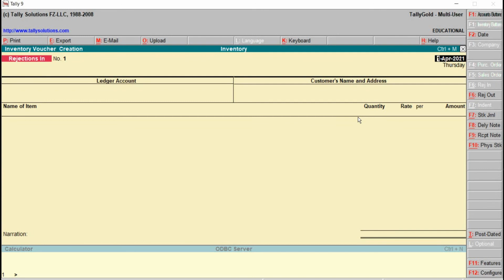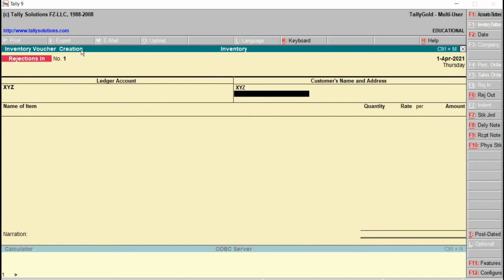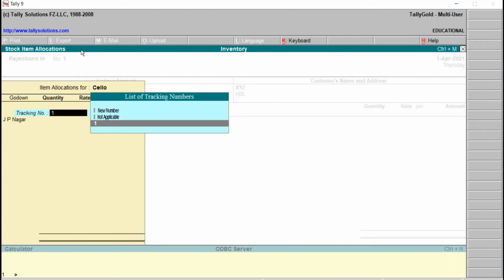Rejection in is for sales returns. Voucher number is 1 and the customer was XYZ, debtor was XYZ. Here also we can provide the name. I just provide here Hubli. Then the name of the item was Cello.